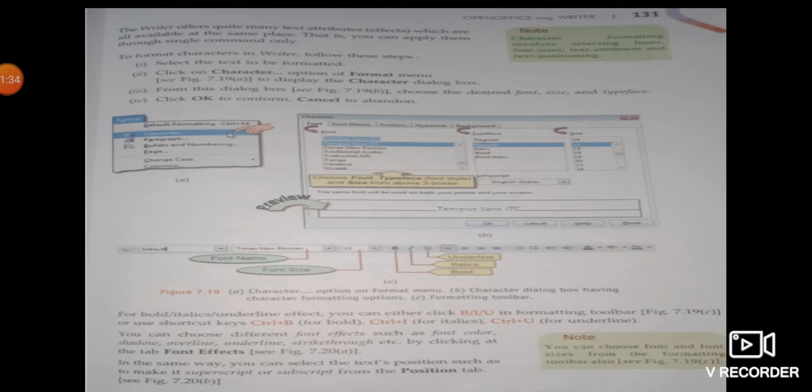It is the same. Okay, now the next important point is if you want to change the case. Case means, you all know, whenever we are writing in English, we can change the case of the text. We can make it upper case, we can make it lower case, and there are some other cases.